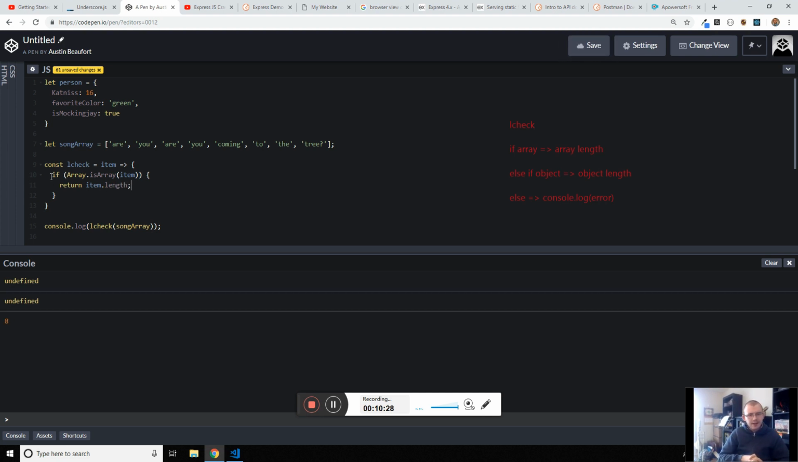Okay, so there we got 8, and if we count them up, 1, 2, 3, 4, 5, 6, 7, 8, perfect. Okay, and that'll work for any array you put in there. Now we need to check for an object. So now we need an else if,